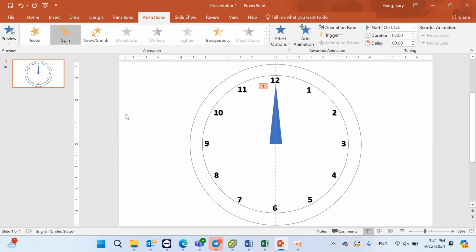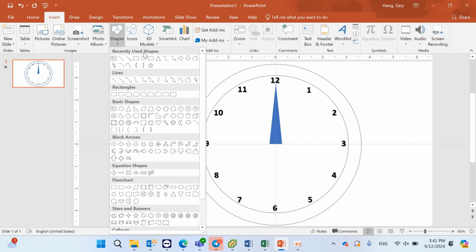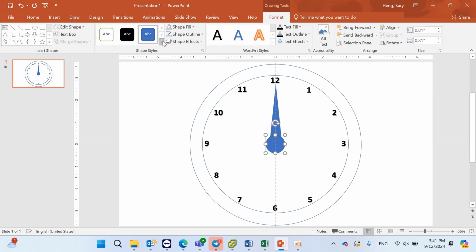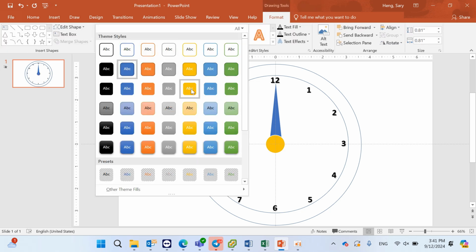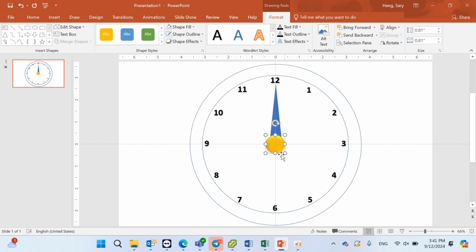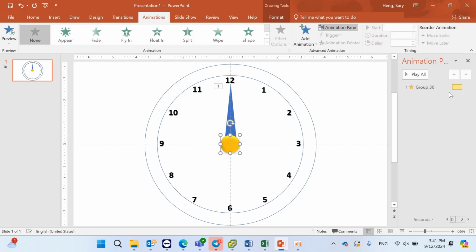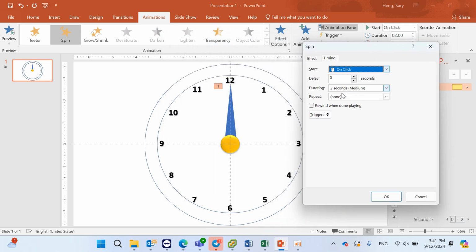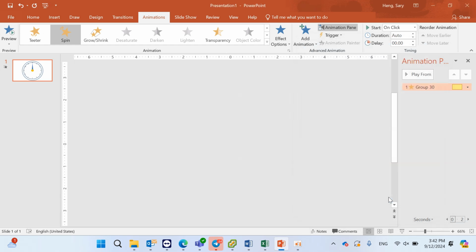it will show like this, and I go to insert again, click on shape and I need oval, this one oval, and I click in the middle, don't forget to press Ctrl Alt Shift, something like this, and I choose the template and shape effect, you can choose whatever you want, and go to animation. In the animation pane you can set something, just right click and timing, so duration I set it to 60, and for repeat let it go until we click, and then click OK,